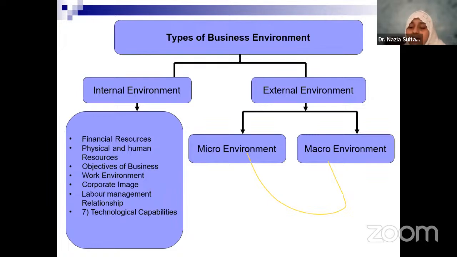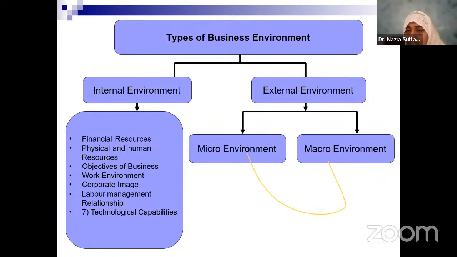Then you have the external environment where you have factors which are micro and macro. Factors which have a little impact and are also smaller to study. Which have a major impact and are larger to study. So that way, micro and macro environmental factors. So you talk about competitors in the market, customers who are there, general publics that you call, media that you have, suppliers of your business. All of these are smaller factors, but they belong to the external environment only. They are not within the company.